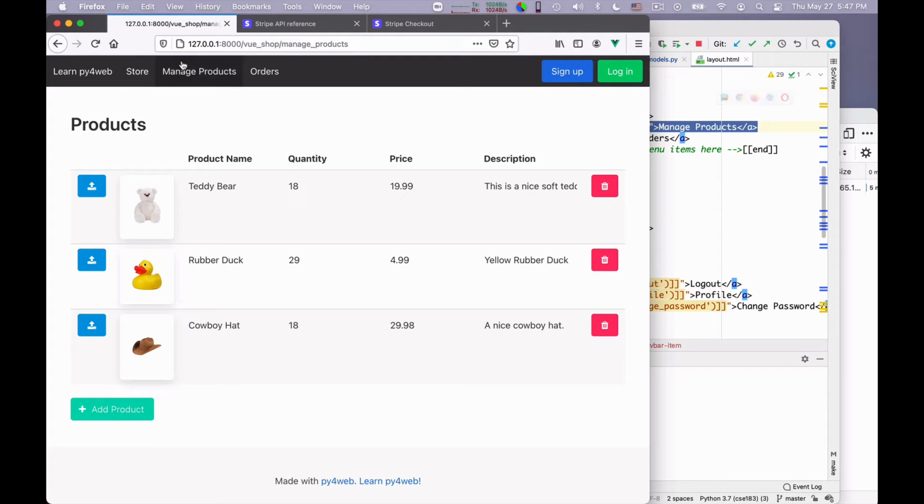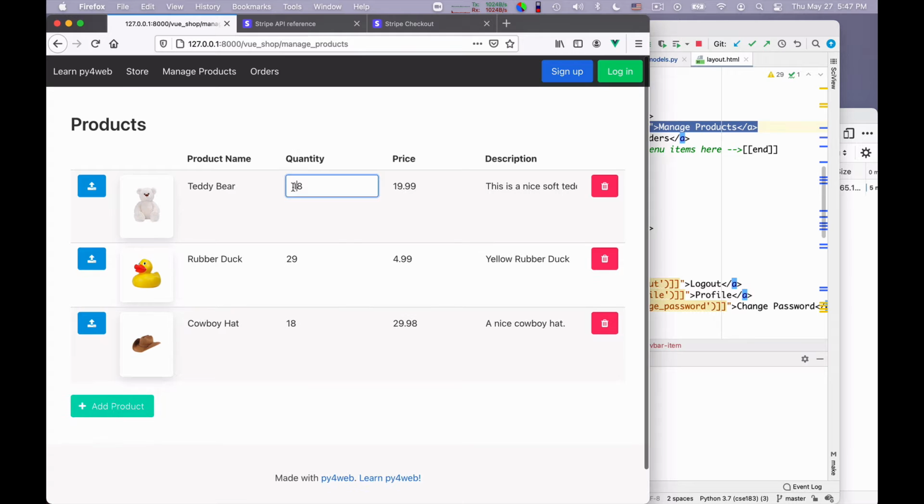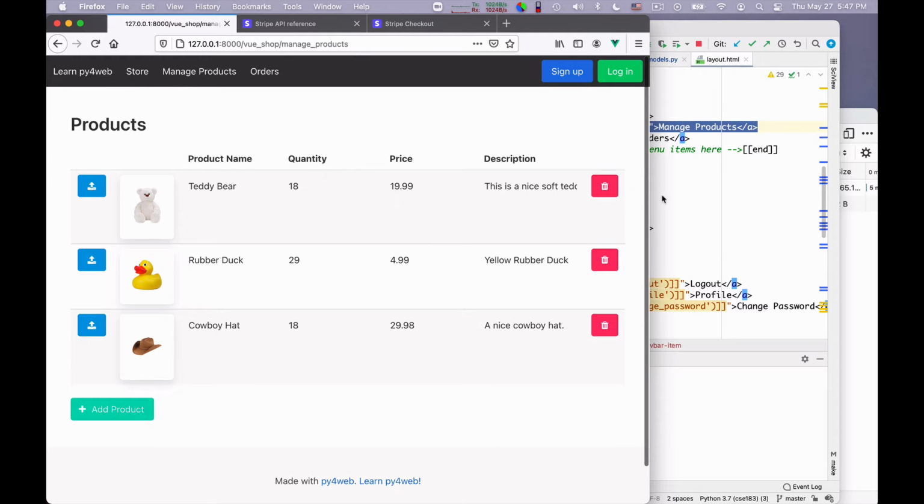Now for the Manage Product page. This is essentially a table that I put out, in which I can toggle an attribute of every element of the table, of every cell, between clean and edit. These are the two states. If it's clean, it displays as if it's in read-only mode, and if I click on it, it switches to edit mode, and then I can edit in place. Okay, so that's the method.